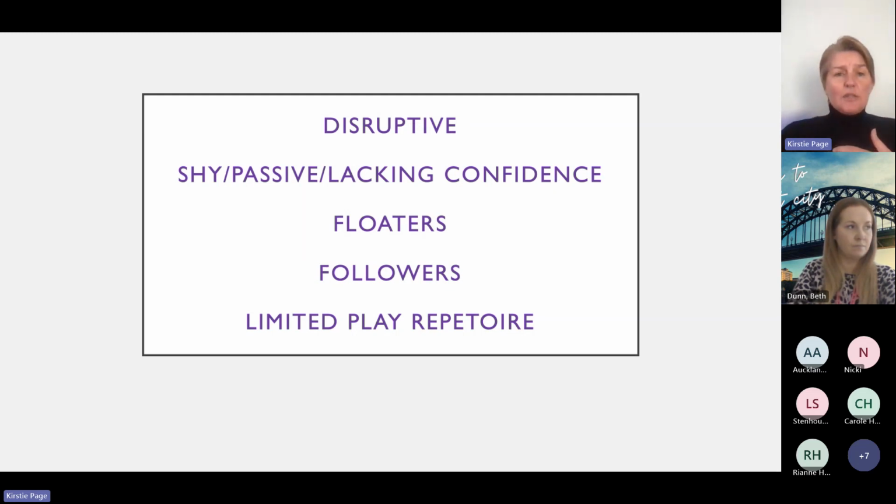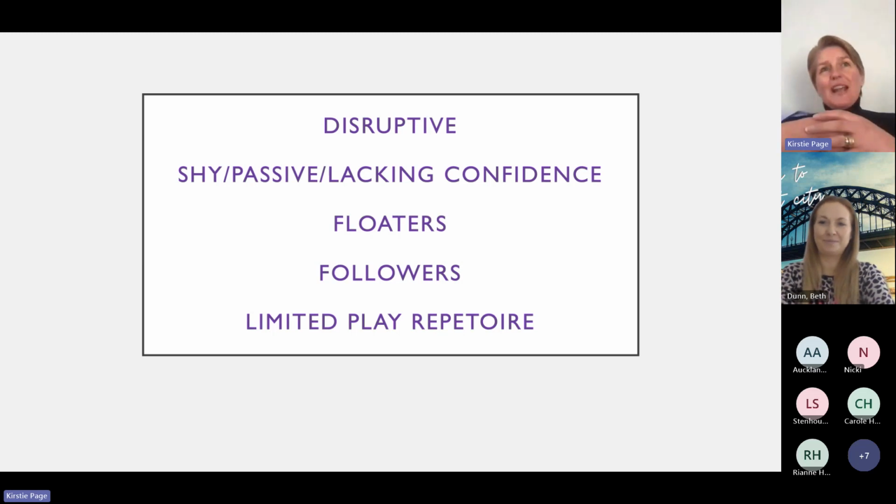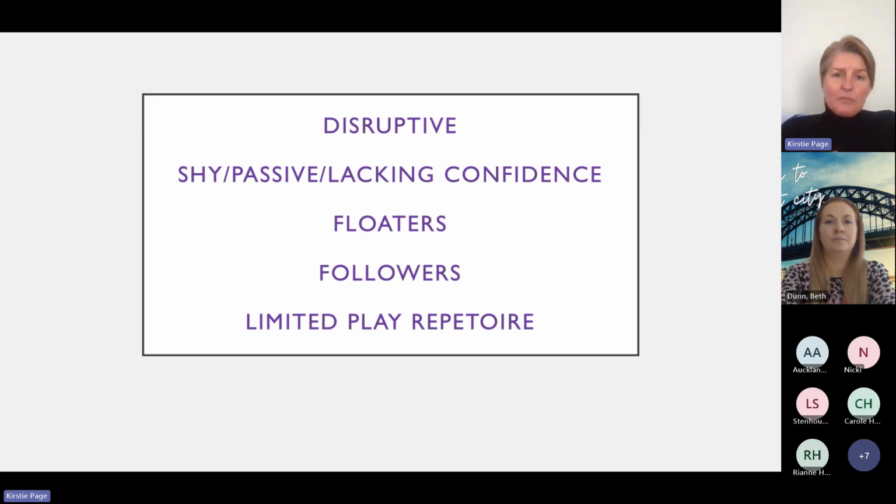Other children that you might want to unpick a little bit more are, and this is a personal term of mine, not a professional term, children who I used to call floaters. They are moving around the environment, but they're not particularly involved and engrossed in certain types of play and need an adult to guide and direct them. Again, we have to look a little bit at play and language with children like that. Why are they needing that higher level of support, and how can we make that support a bit more